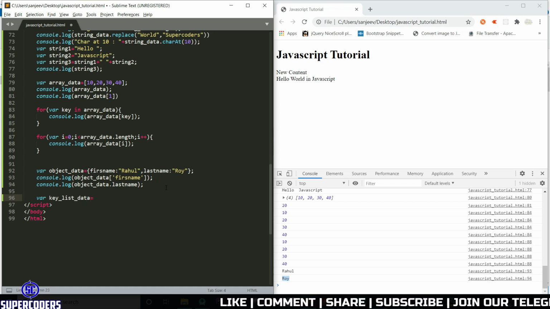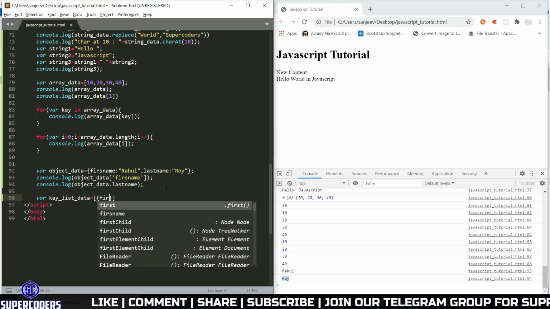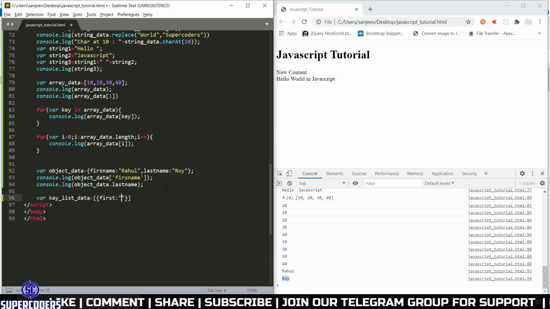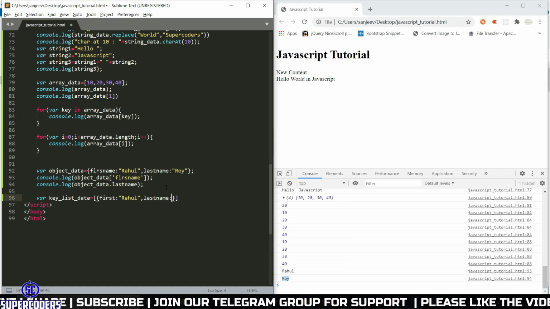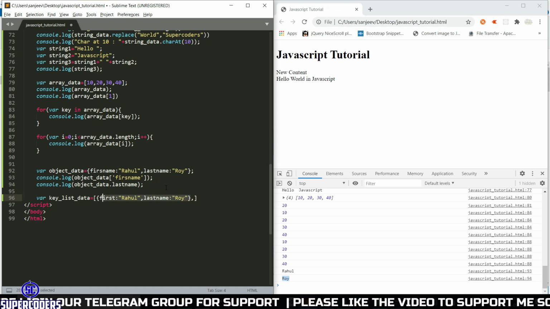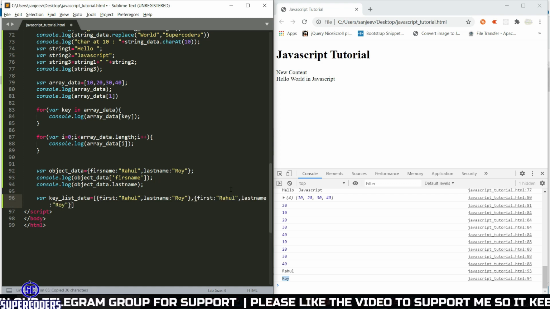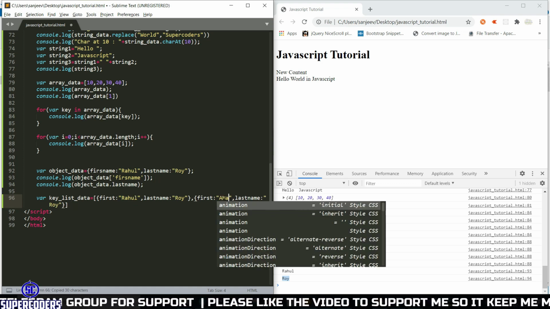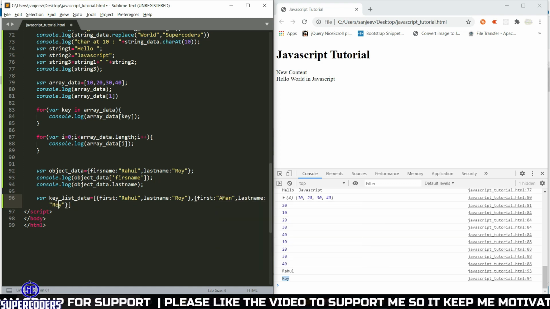Let's create a list of object data here. Then adding curly braces, then adding the first object, first name Rahul, last name Roy. Again adding another object, copy this and adding here Aman Kumar.